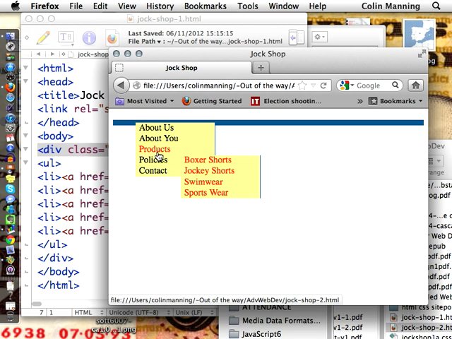And that's just in CSS. That's just actually, would you believe, a nested list. Boxer shorts, jockey shorts, swimwear, and sportswear is inside in products. And policies, sales returns, environment, and sales tax, that's a list inside in the policies list. And you can actually do the CSS in such a way that they stack up like that. So it's quite impressive, but